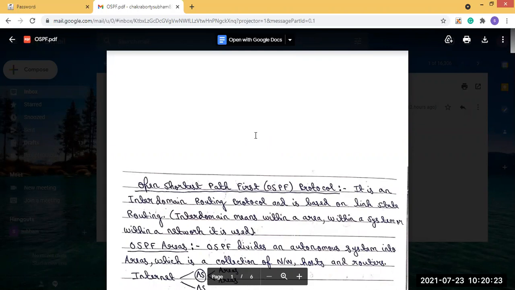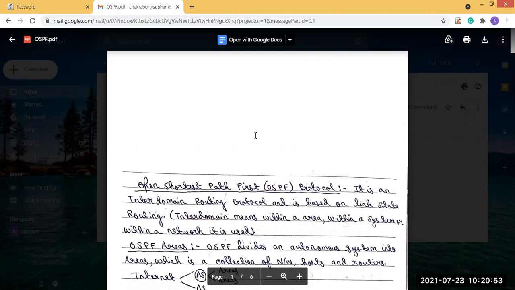We have seen in the previous class what link state routing is. There will be a domain, and inside this domain there will be a number of nodes. Each node inside the domain has knowledge of the domain.